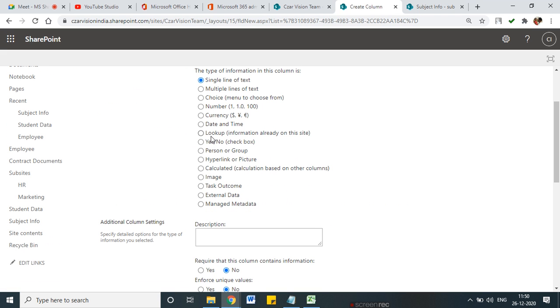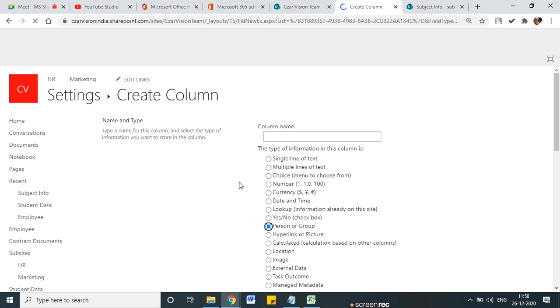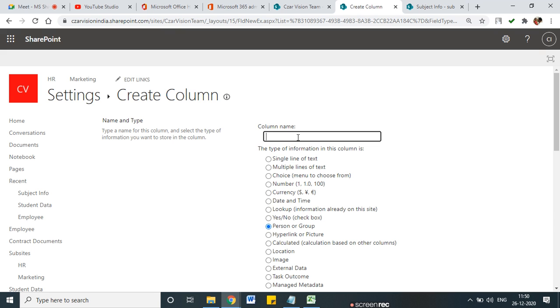Now data lookup. So person and group. Okay, so we'll discuss person and group. So I selected that student. Okay, and the person and group. So student, if the student will select the